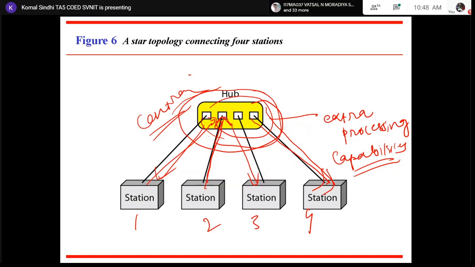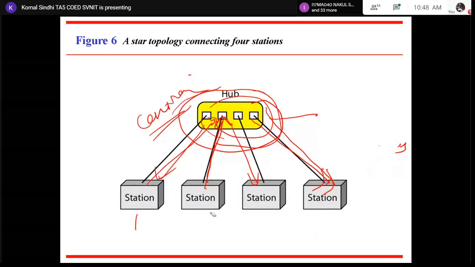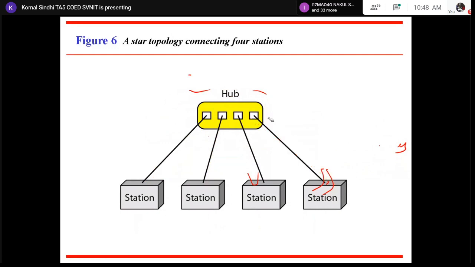So can you mention some advantages of using star topologies? Okay, if n is the number of stations or devices, how many links do I require in a star topology?